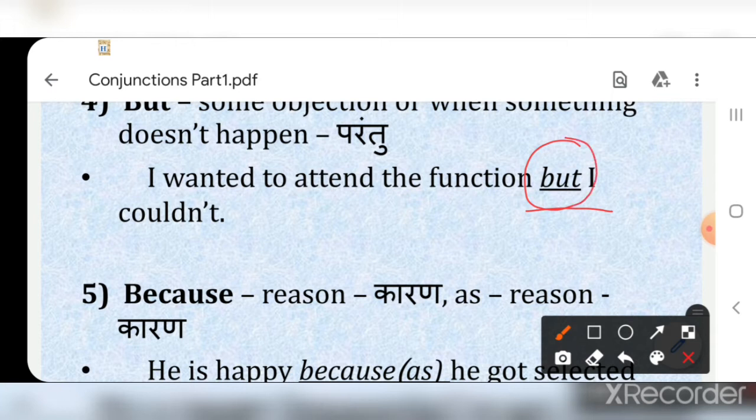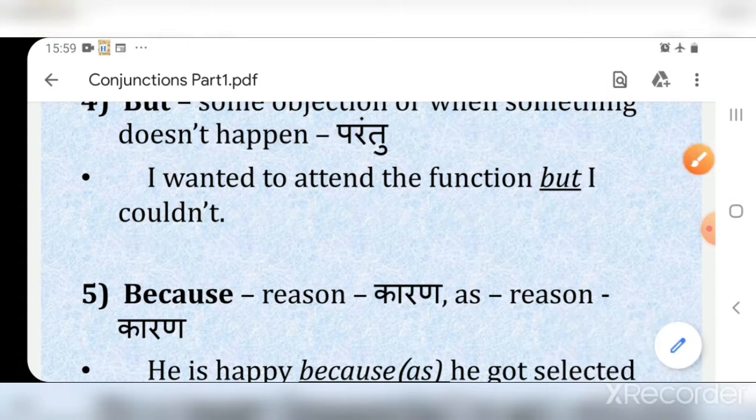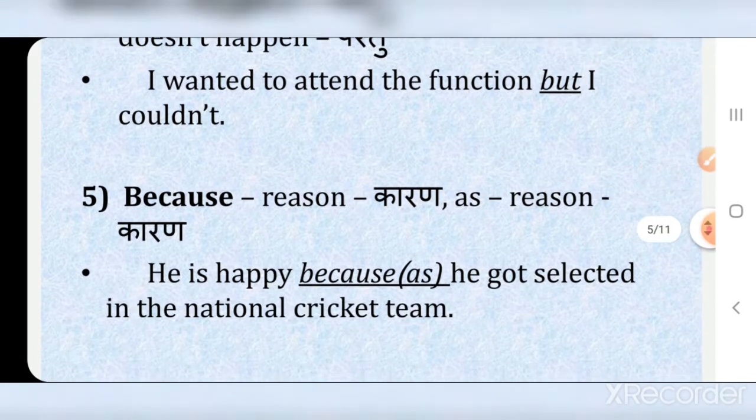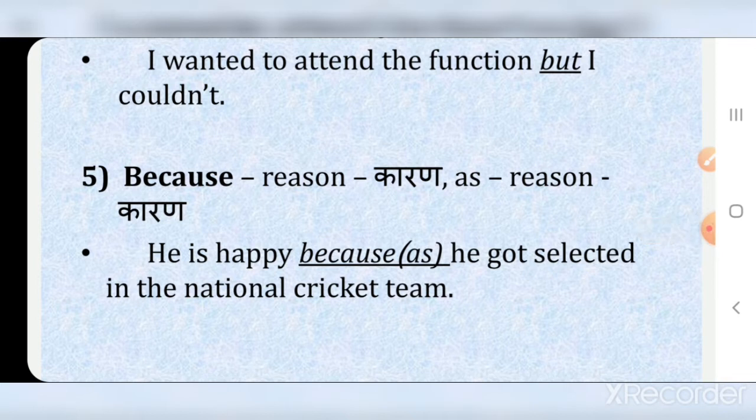Okay, I wanted to attend the function but I couldn't. Something exactly opposite has happened than what he wanted to do or what he had to do. Almost every time, the meaning is the same in such sentences. Another example is